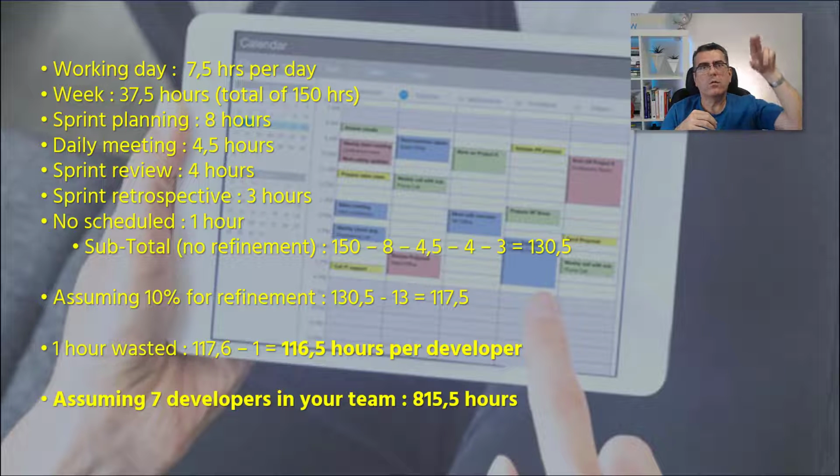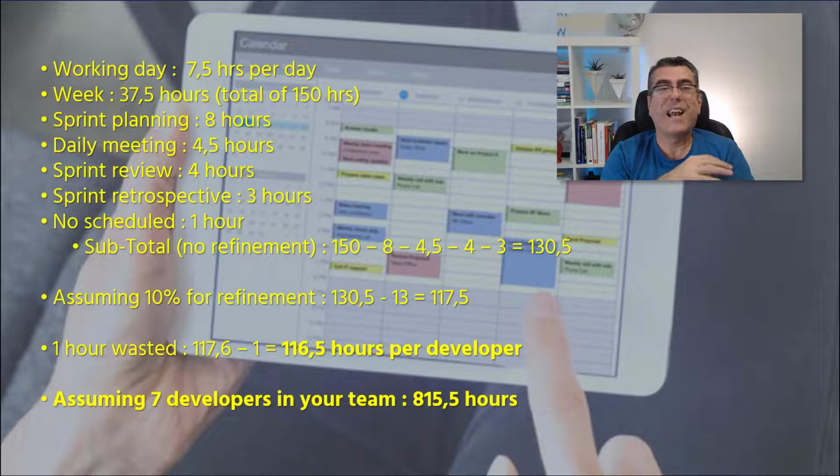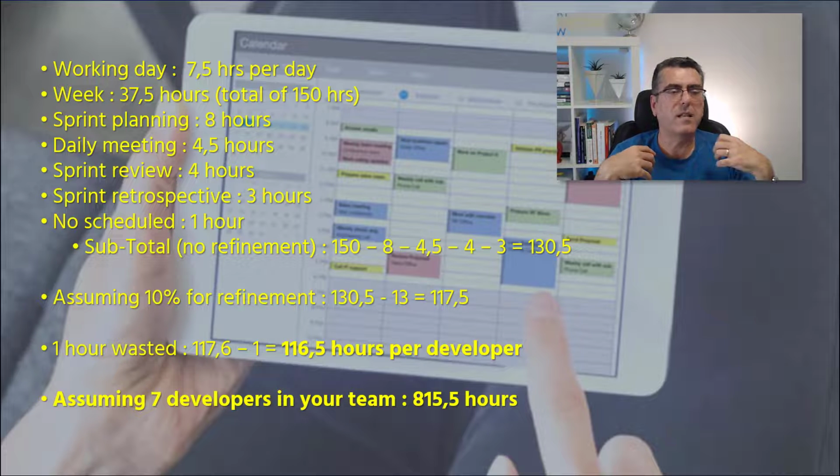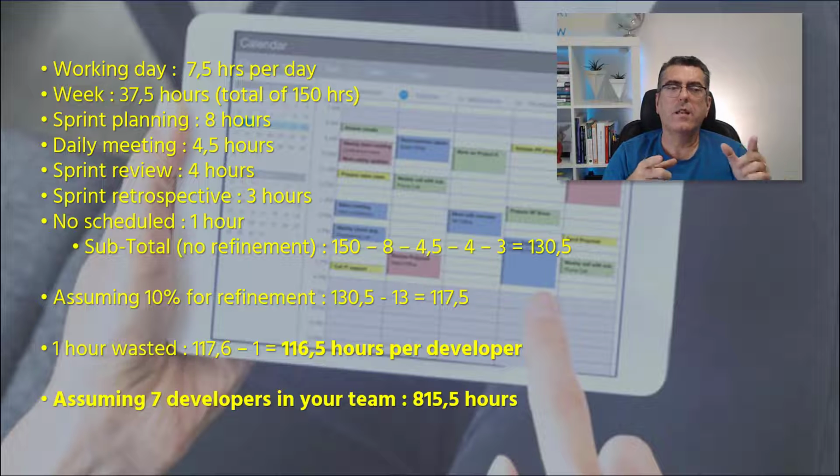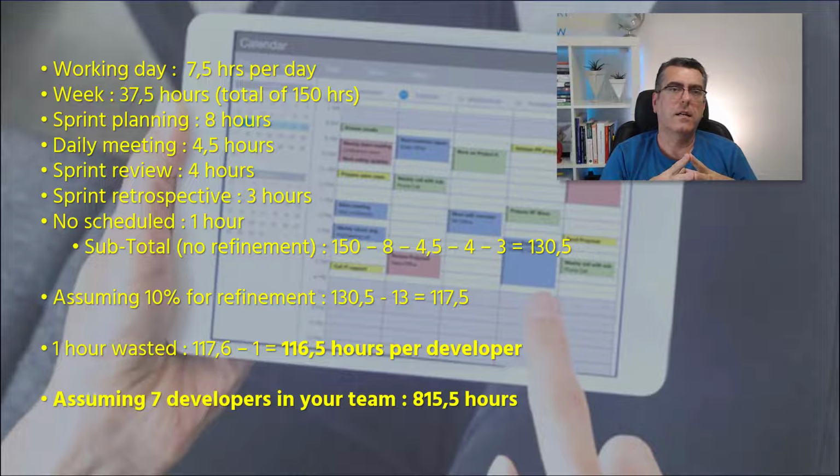And when you go to your product backlog and identify the items, you need to more or less fit inside this duration, 815 hours of work effort. Of course, there are a lot of situations, constraints and points that you need to evaluate when you identify the product backlog items that you're going to put into your sprint backlog.